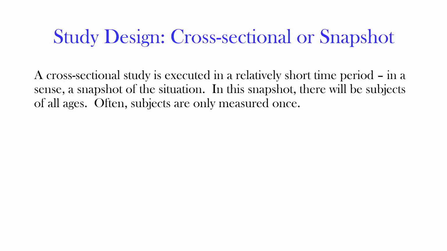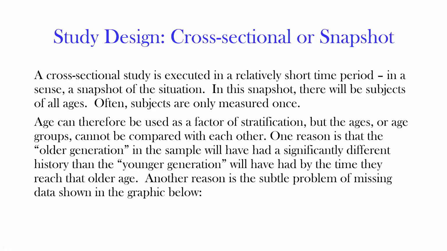So the first thing we do is look at what we call a cross-sectional study, or we can think of it as a snapshot. It's a study that's done in a short period of time. Short period could even be weeks or months, but the point in a snapshot study is that generally the subjects are only measured one time during the study, and you get some kind of information about where they are in the evolution of the disease. We can talk about at least two different concepts of age: chronological age or your disease age.